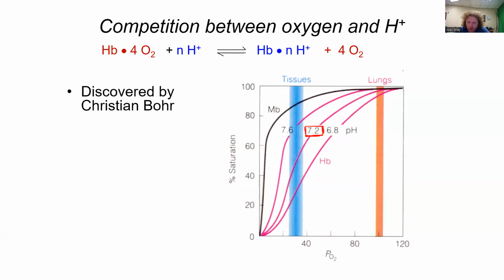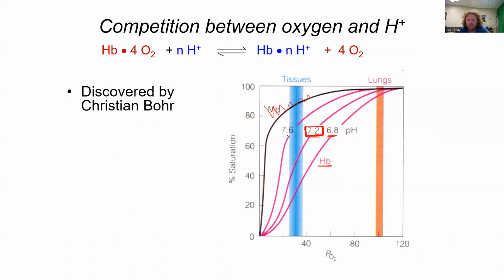We've got an oxygen binding curve, and the environment has a pH of 7.2. What Christian Bohr did was he said, and I'm going to scribble out the myoglobin, I don't care about that. He said, all right, well, I'm studying hemoglobin, and I'm going to study its ability to bind O2 if the pH is 6.8,